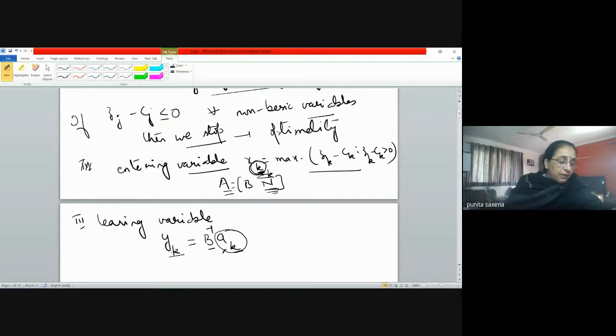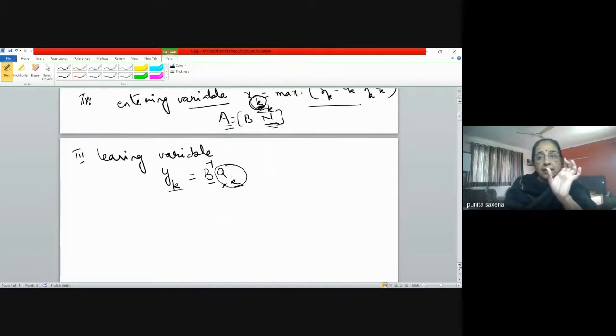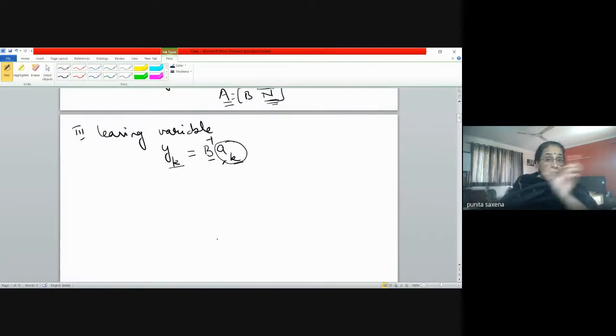Now this YK would correspond to जो उस दिन हमने समझा था ना, the balance, the difference, which is going to define which variable will become 0 first. Okay, so we compute ये YK आ गए, then this defines the ratio. Because actually होता क्या है कि all those xk which are positive, हम उसके लिए क्या करते हैं, एक तो हमारे पास है b bar 0, ठीक है, जो हमारा ऑप्टिमल सोल्यूशन आया था, यही किया था.